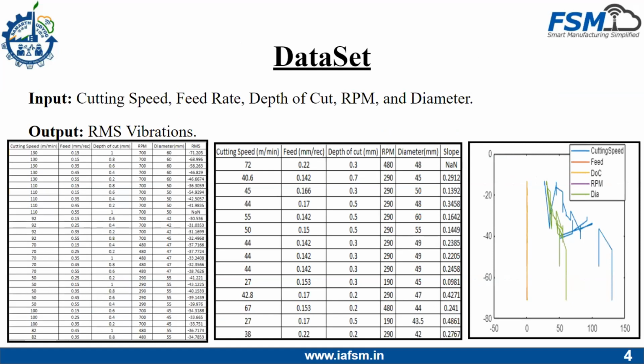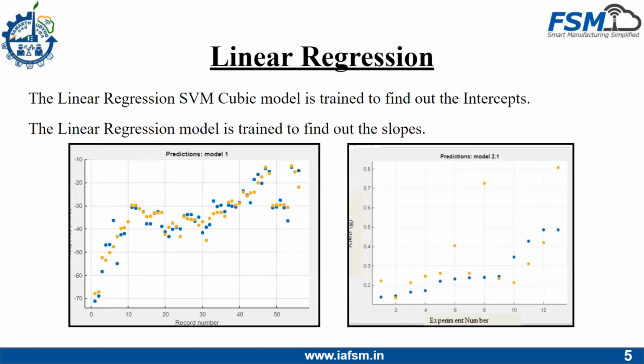So these are the data sets. The first data set has the RMS vibration values, using which we will be finding the intercepts for the model. The second data set you're seeing is where we have found the full run experiments. Depending upon the vibrations, we plotted them in a straight line and took the slope for each reading. That is the second data set. The third one is plotting these input values against the vibration and seeing how it looks and what the limits are. Once that is done, the first linear regression model is where I used the SVM cubic model, and then I tried to predict the data.